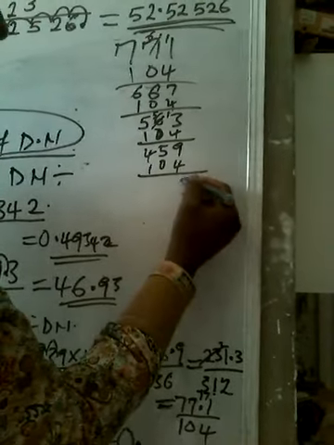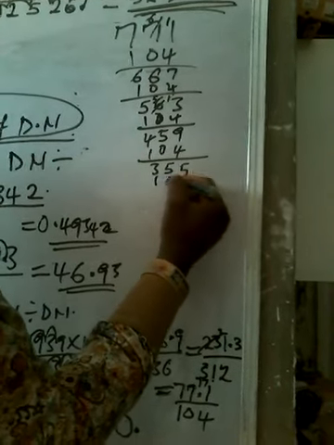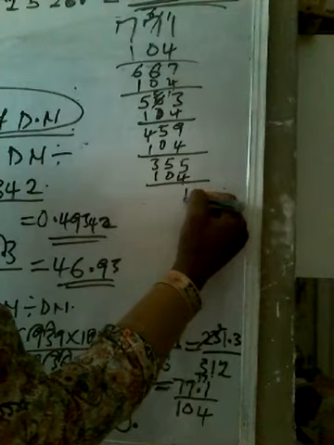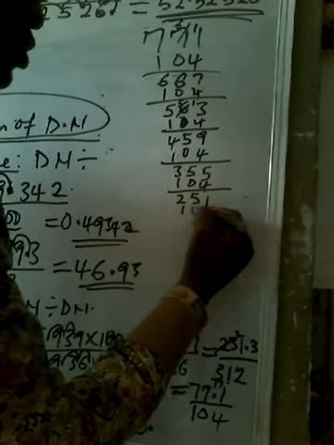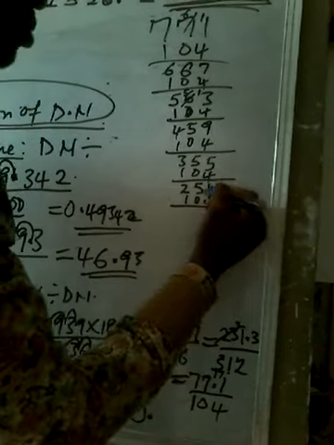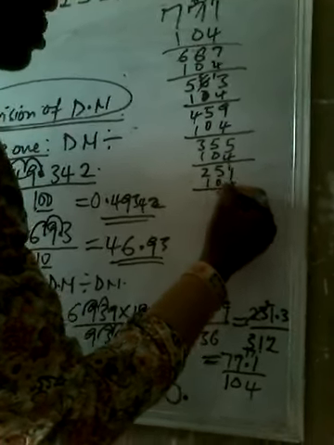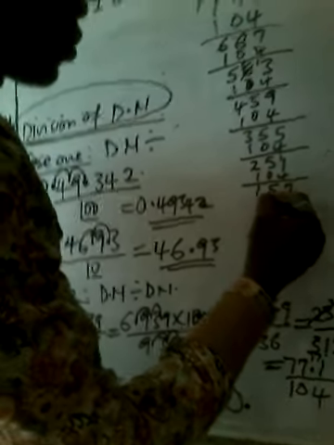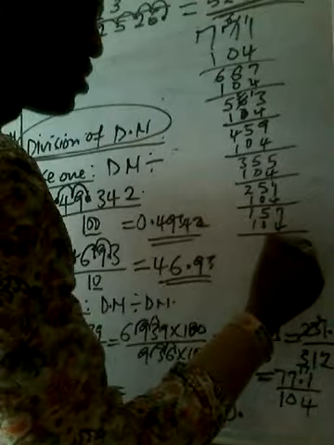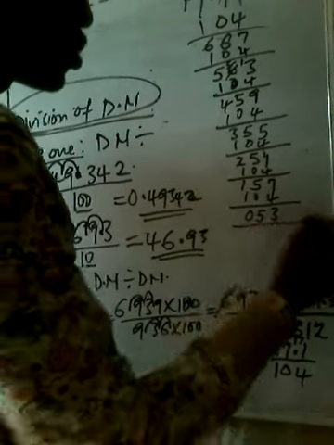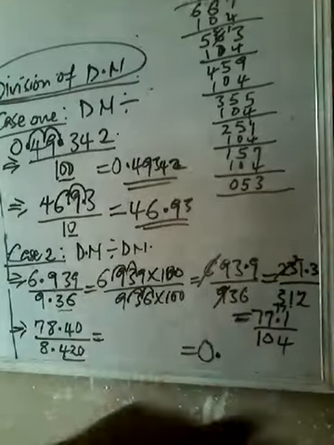You have 5 here, 5, and 3. And then another 104. Subtract again, you have 1, you have 5, and then you have 2. Subtract again 104. Bring 1 here. 11 minus 4 will give you 7, 5, and 1. Then 104 again will give you, subtract to give you 3, 5, and 0. So what you have here now, 53, is not up to 104 again.